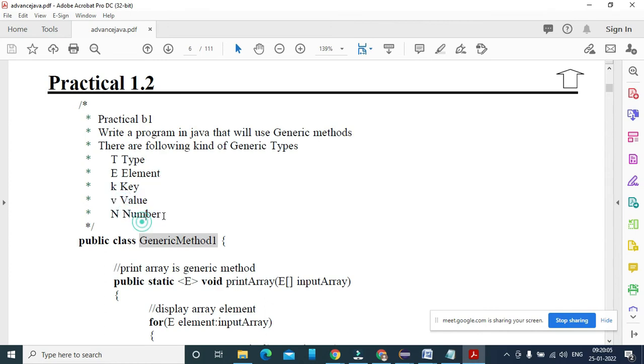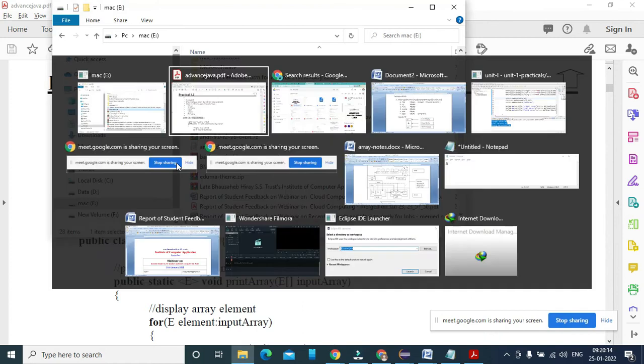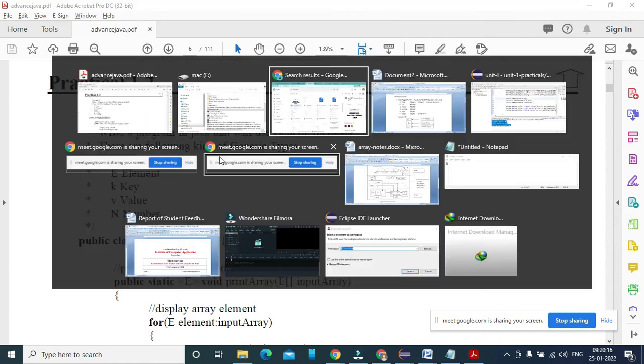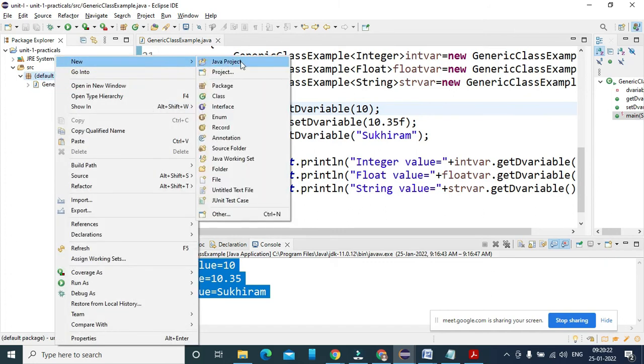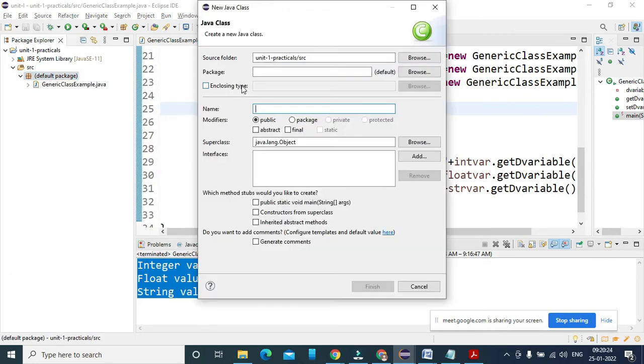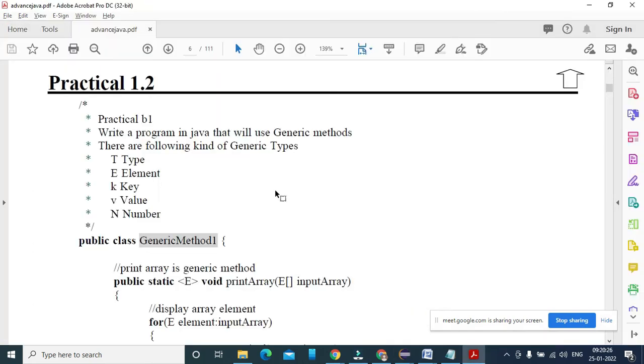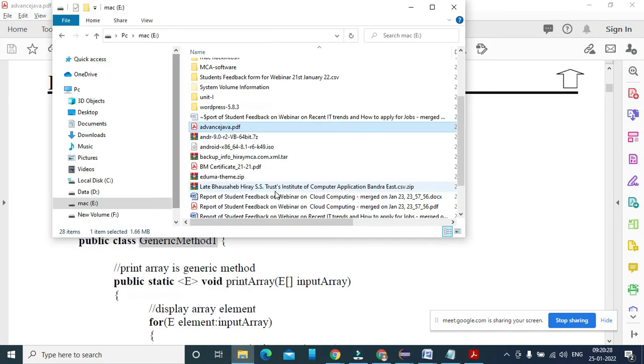Please understand all these. So let us write a program using a generic method. I'm going to create another class here, and I'm giving the name generic method 1 2